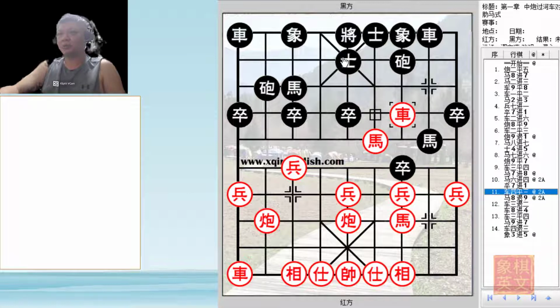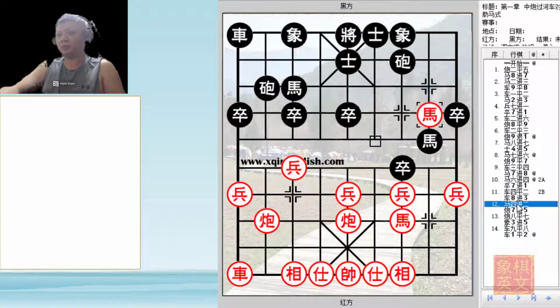And because black had moved the advisor, he cannot play r4 plus 2. Instead, r4 equals to 3 to threaten the cannon again. Now, is this move a viable move? The answer will be a resounding no, because black will be more than happy to trade chariots, and red will now capture the pawn, threatening to attack the elephant, and more importantly, prevent the horse from going for elbow